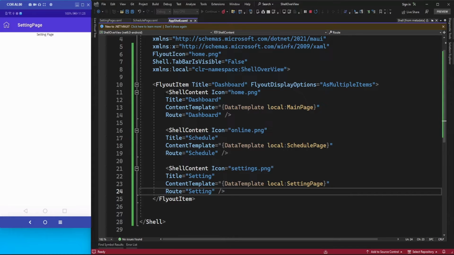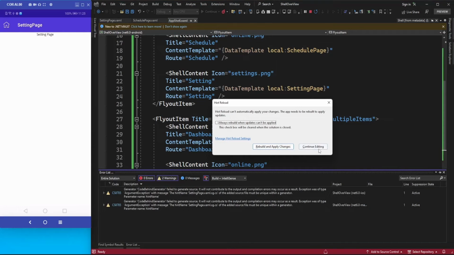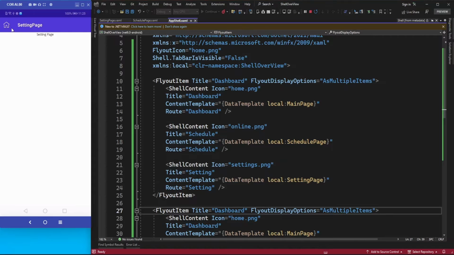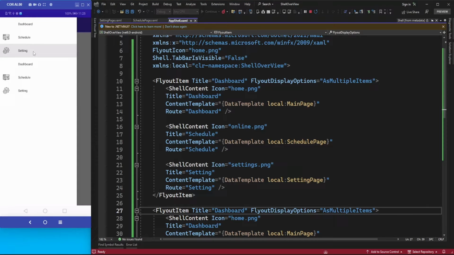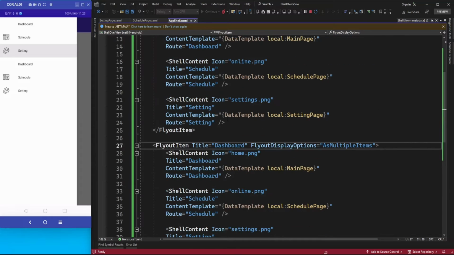Okay, similarly you can add another flyout item here also, and if you want something like a multiple dashboard option and another option that will display the tab bar, that scenario you can achieve like this. Here just set it as a single item,